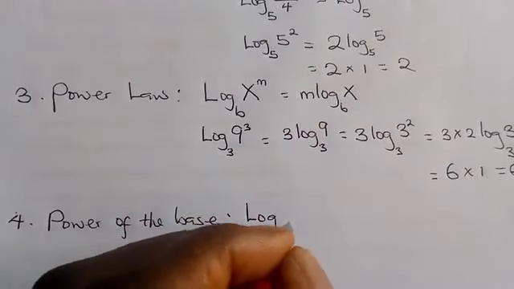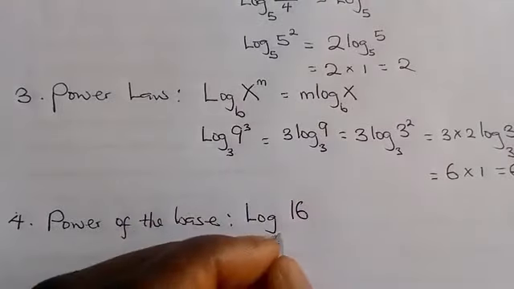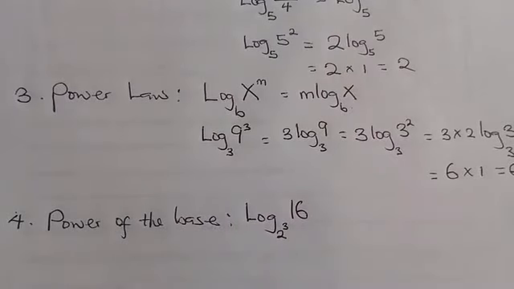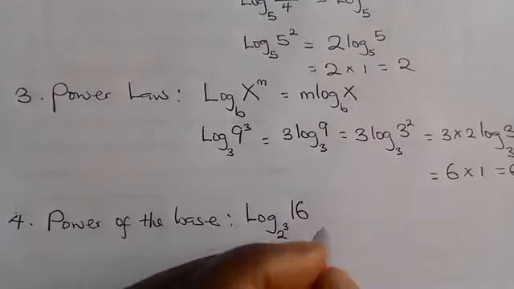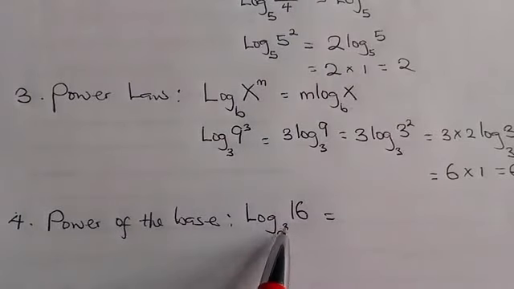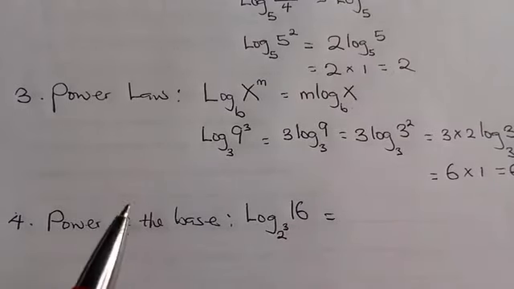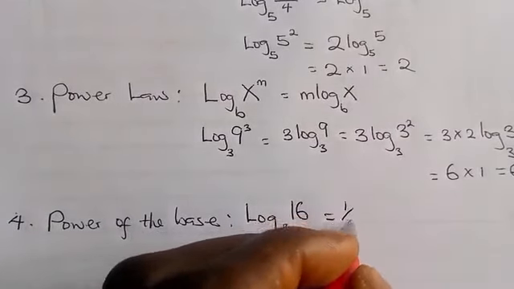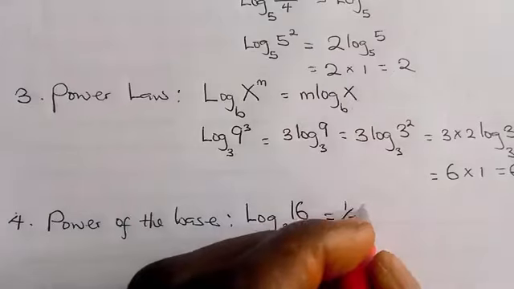log 16 in base 2 and this base has power of 3, what that implies is we are to use the reciprocal of this power and multiply the log itself. That is, the reciprocal of 3 is going to be 1 over 3. So we use it to multiply the